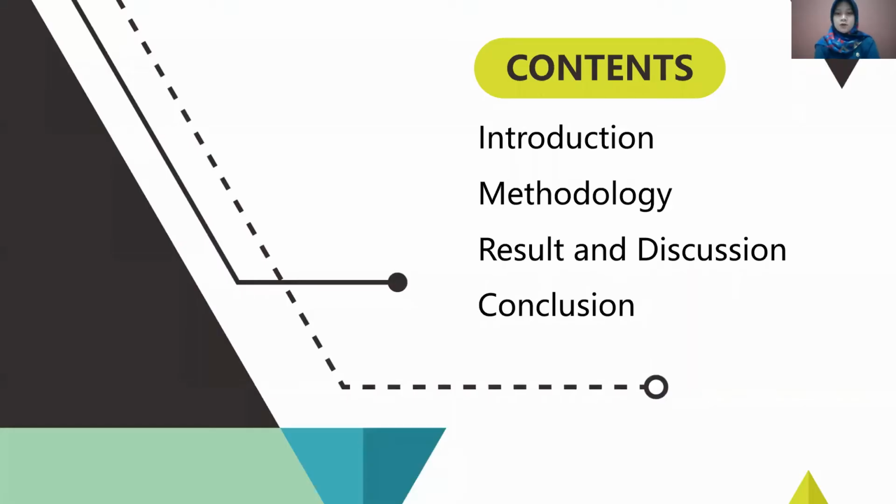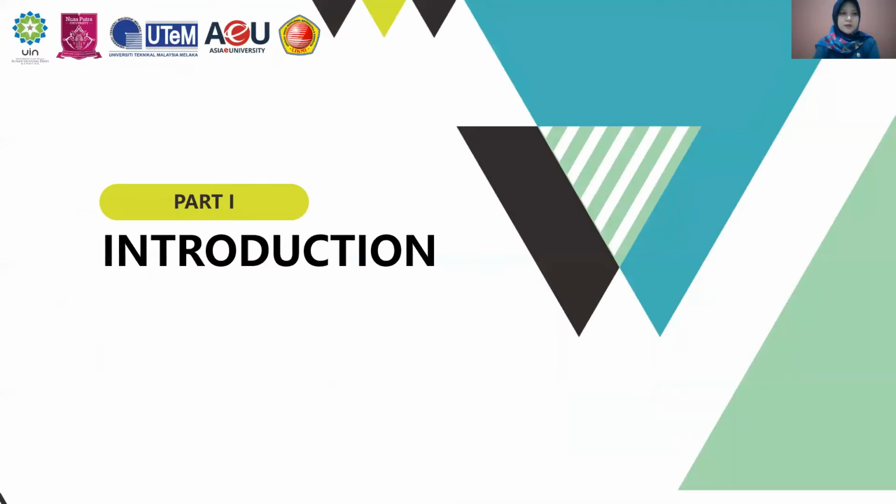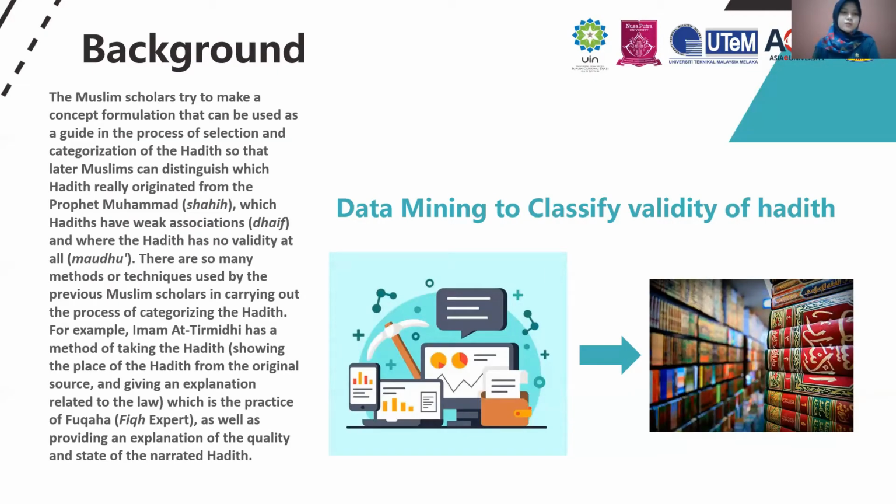This is the contents of this presentation, begin from introduction, methodology, result and discussion, and the last conclusion. Introduction. The Muslim scholars try to make a concept formulation that can be used as a guide in the process of selection and categorization of the hadith, so that later Muslims can distinguish which hadith really originate from the Prophet Muhammad. It means Sahih, which hadith have a weak association, dhaif, and where the hadith has no validity at all or